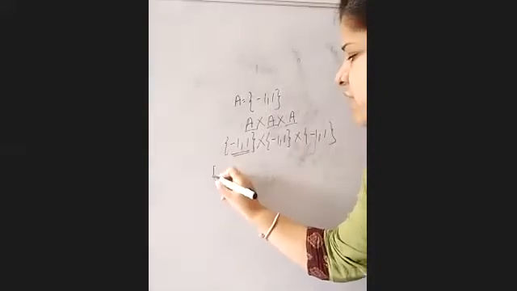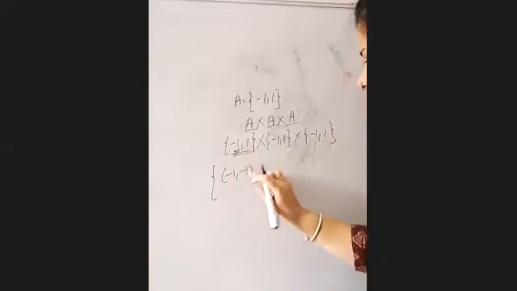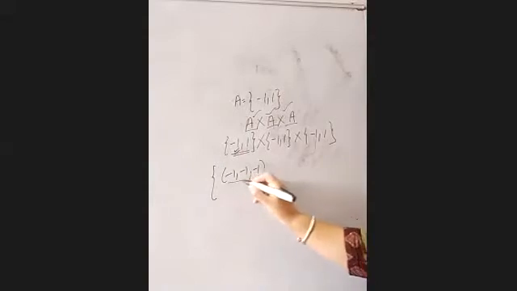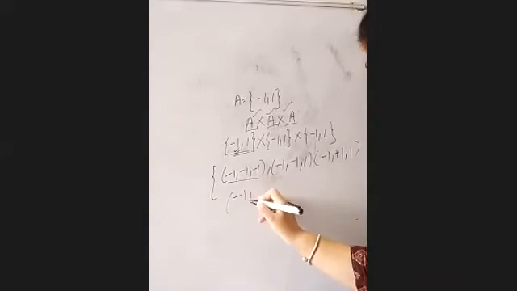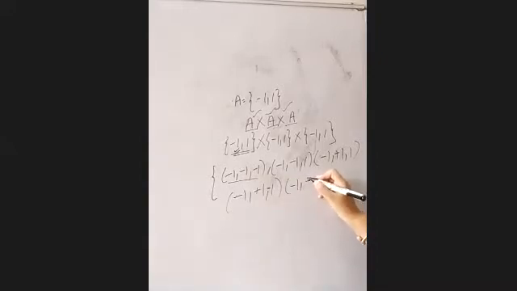First you have to write down the first element, so minus 1, minus 1 and minus 1. Here 3 sets are there, A cross A cross A, so we write down the 3 elements. Then minus 1, minus 1, 1. Then minus 1, 1, 1. Then minus 1, 1, minus 1. Like this we can write down so many values.